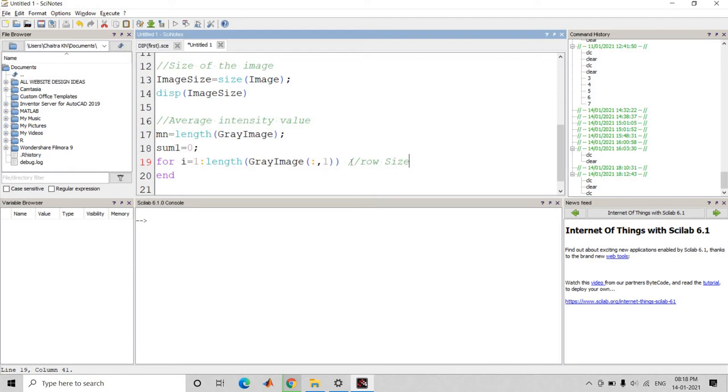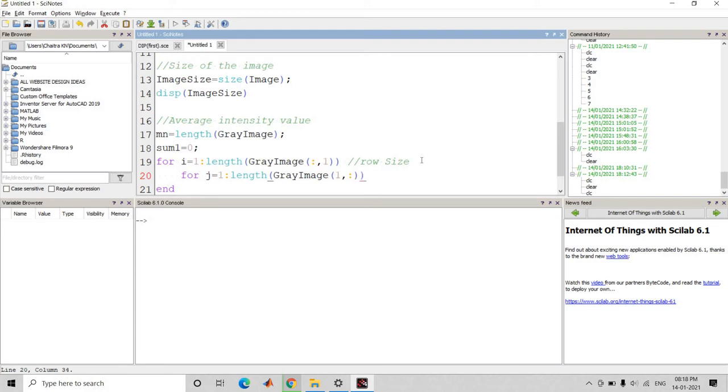We need to limit both the row and column size to add all the elements in a matrix. So it will take the row size in a matrix. In the same way, we have to calculate the column size. That is j is equal to 1 to length of gray image of 1 comma colon.